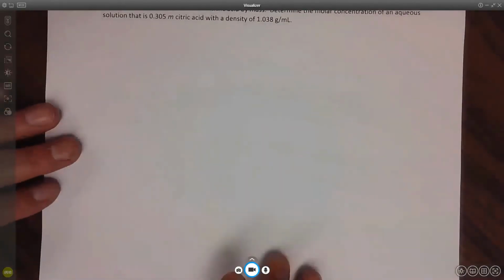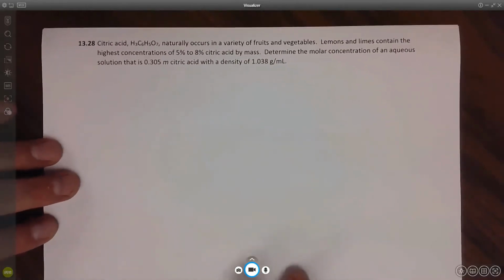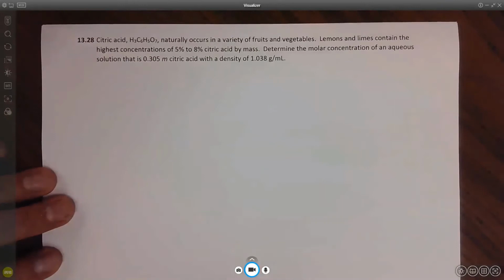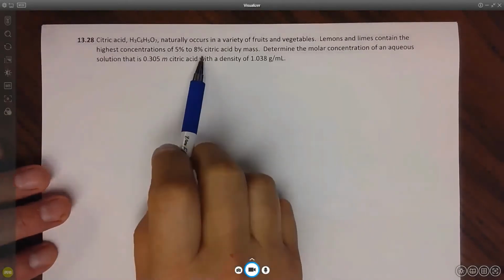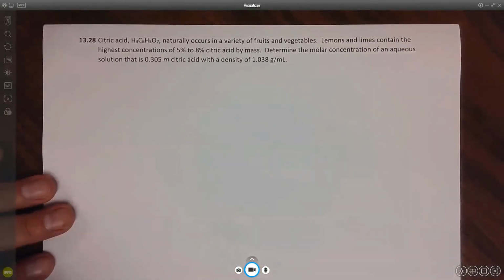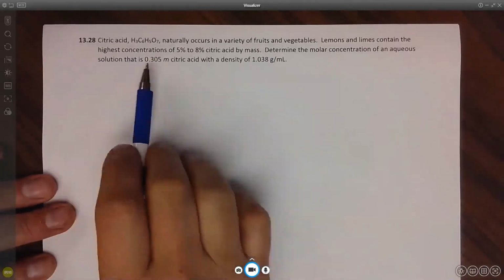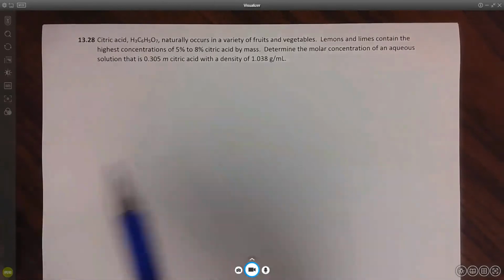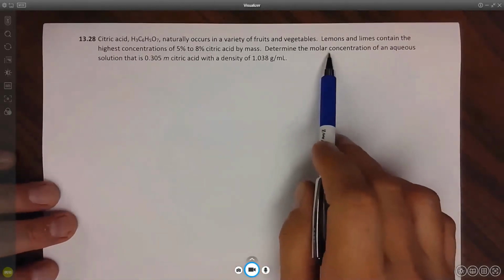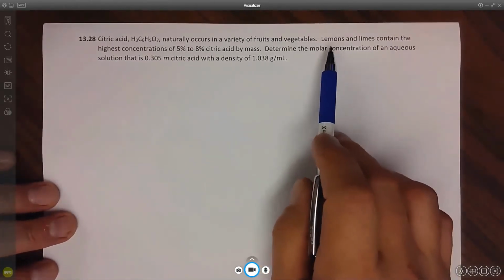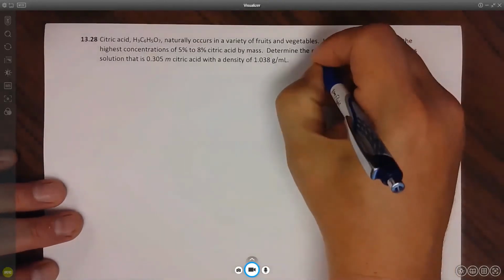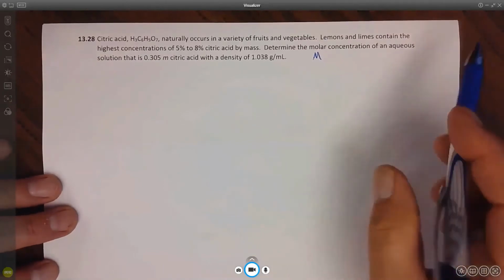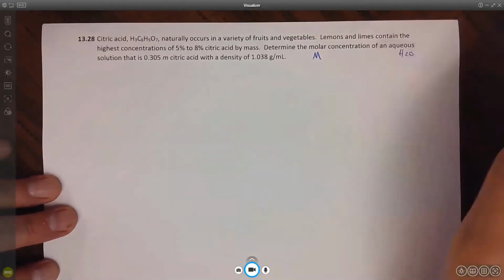Okay, so let's try another one. This is number 28. It says citric acid with the formula C3H6H5O7 naturally occurs in a variety of fruits and vegetables. Lemons and limes contain the highest concentration of 5 to 8% citric acid by mass. What I want you to do is determine the molar concentration. Well, molar is that capital M, right? The molar concentration of an aqueous solution, so we know we got water, so that is